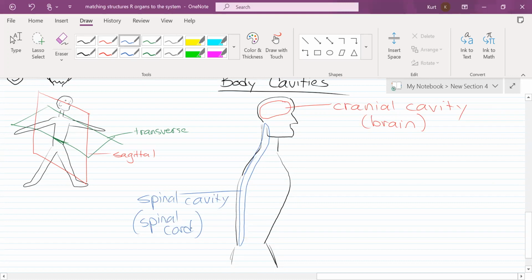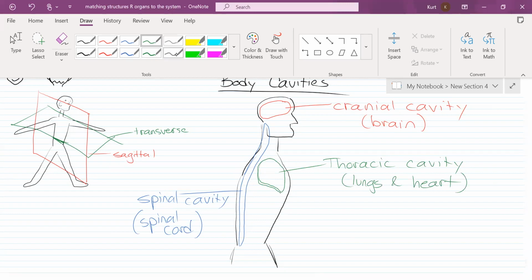Okay. Next. This is the thoracic cavity. What body parts are within your thoracic cavity? Your chest. Yes. No, the ribs are forming the cavity. They're like the walls of the cavity. What's in the open area? The lungs and the heart. Okay. Next,